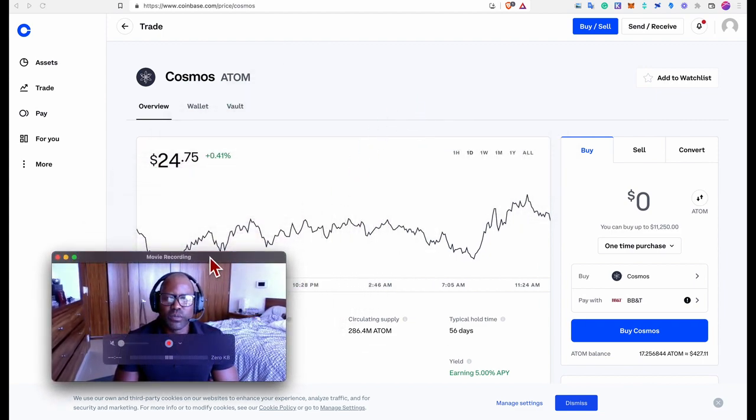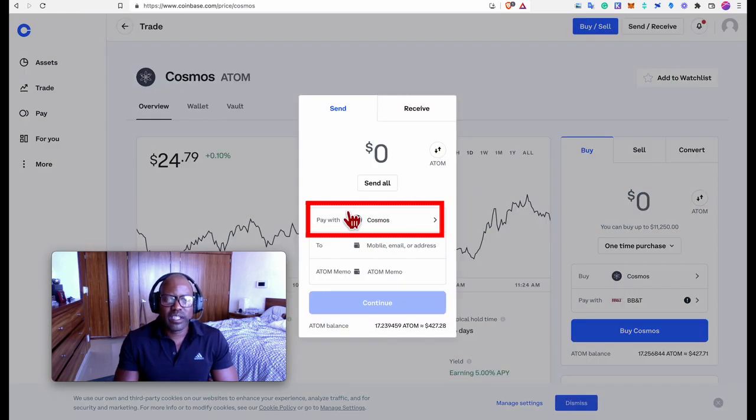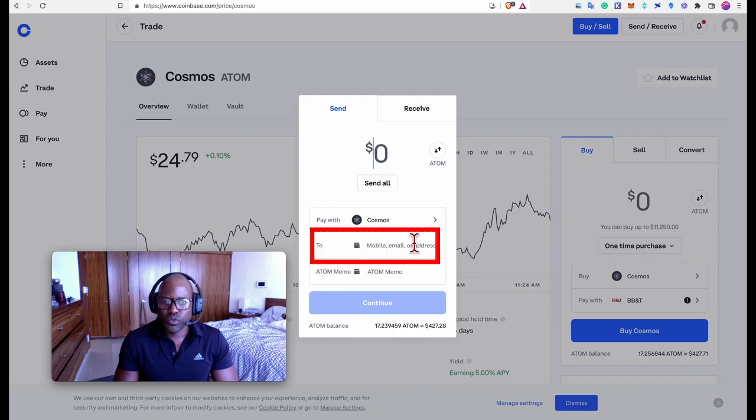What we're going to be doing is a send and receive. So that's up in the upper right hand corner. We'll hit send and receive. And we're going to be sending Cosmos, and you're going to be sending it to your Keplr wallet address, your personal wallet. And to get to your Keplr wallet address, you come up here to Keplr, the K, click down on that,